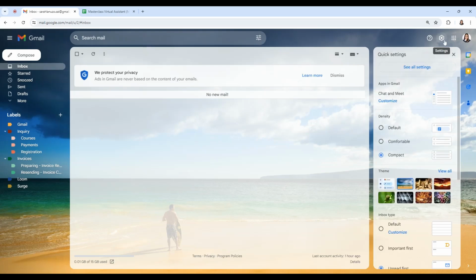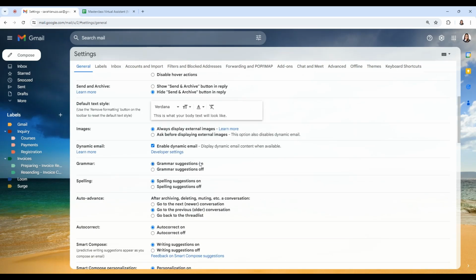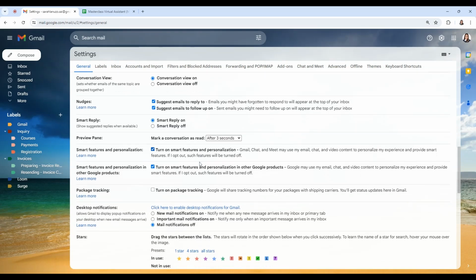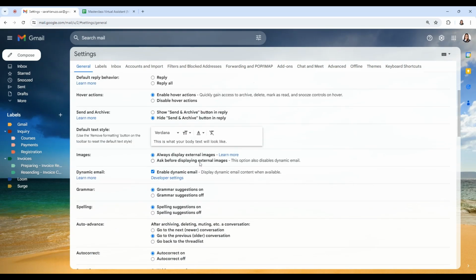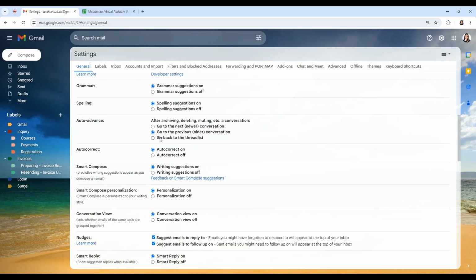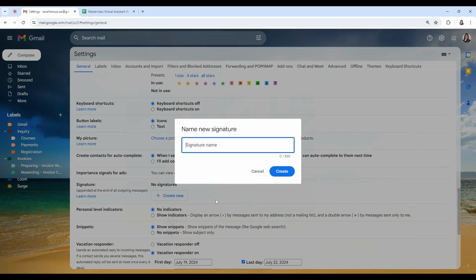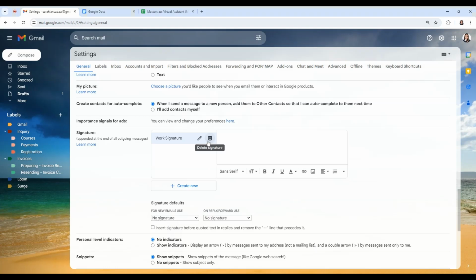And one more important thing that you have to include on your email account is the signature. So here we can add our email signature by going to general settings and here add a signature. Since I have no signatures available here, we can rename it as main signature or work signature.